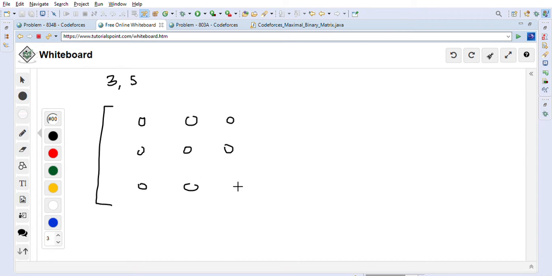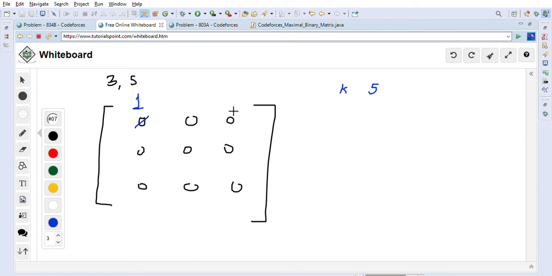All rows are filled with zeros, and we have to add 5 ones here, and we have to make sure that it is lexicographically maximum. To achieve this, if you just look, this is the diagonal. We will go through this diagonal, one element at a time. The first element is this one, so we will make this one 1, and k is equal to 5 in the beginning.